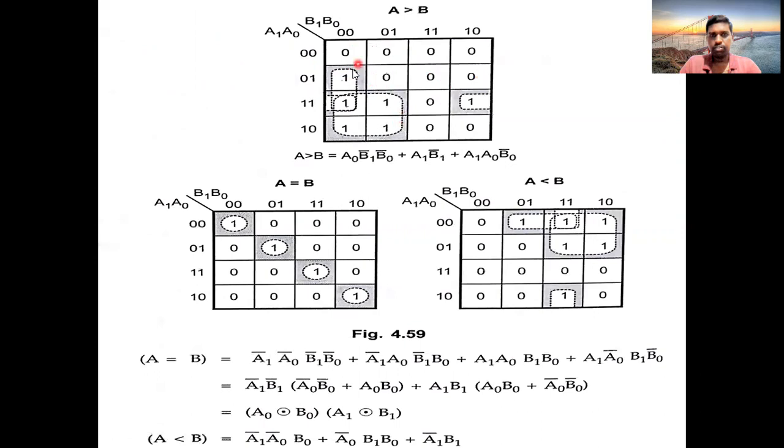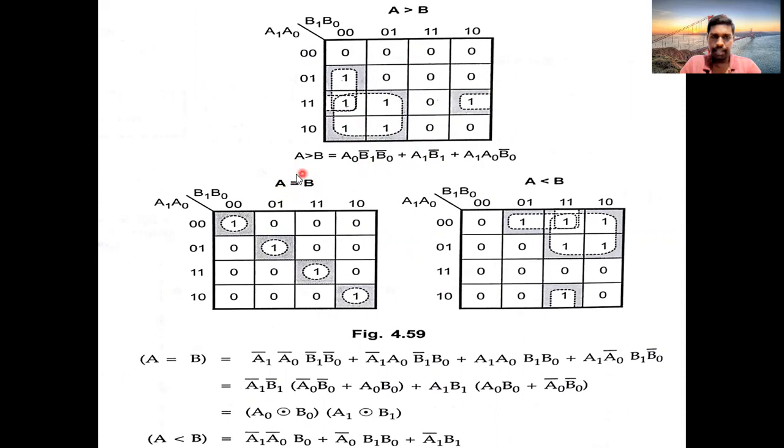Okay, so if you see the table, this is the K-map regarding A greater than B. So here we have one quad and 2 pairs. This is one pair, and by folding property, this cell and this cell will be one pair. So the answer of the quad is this one, and the answer of the two pairs is this one. So you will get the answer of one quad and two pairs. That you know how to simplify, so you can simplify easily.